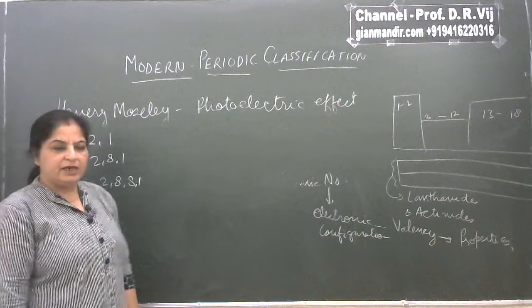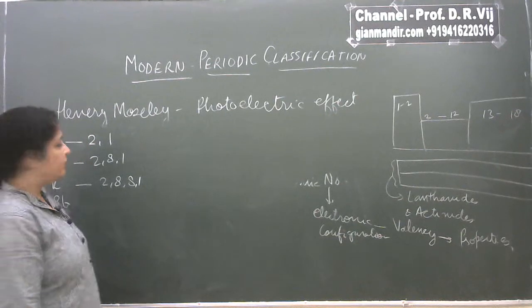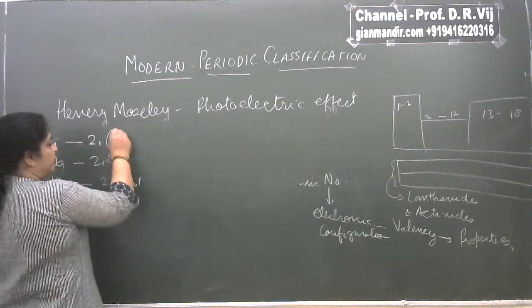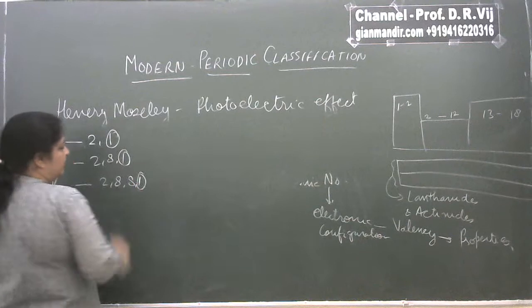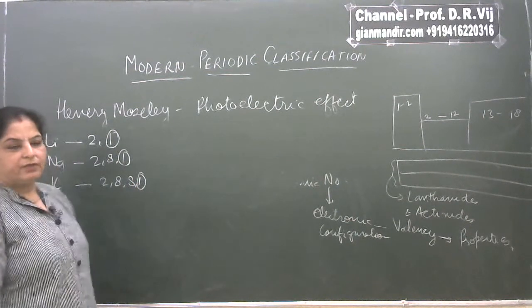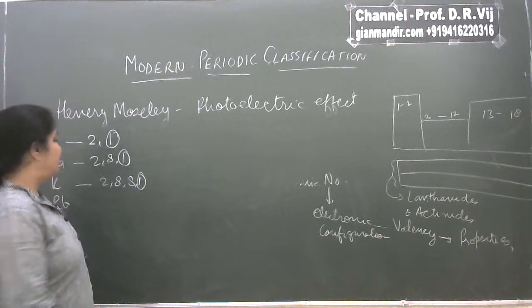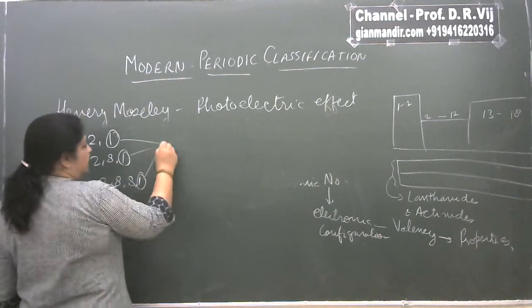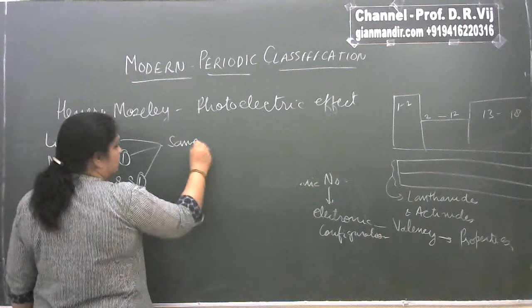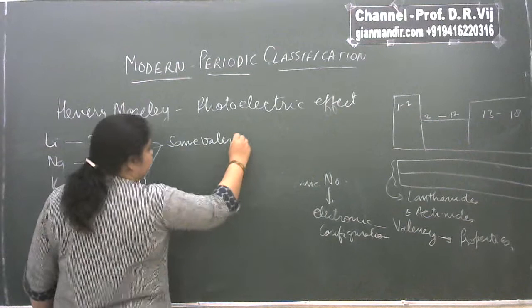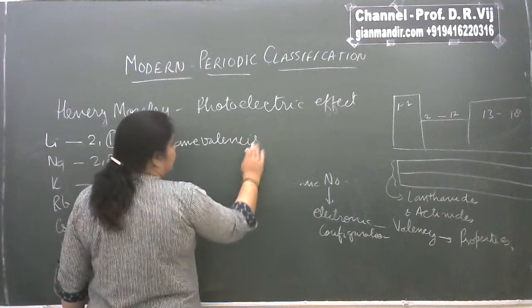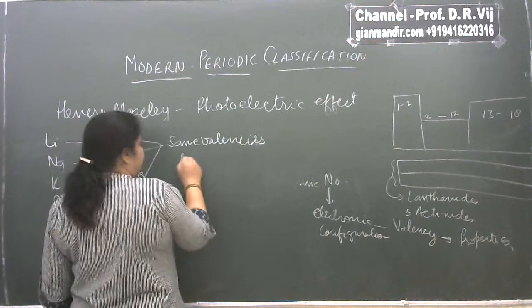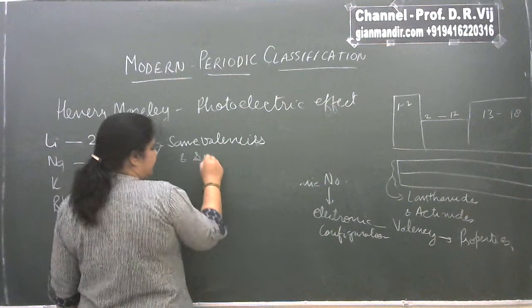Can you see anything common here? Yes, the common factor is the equal number of valence electrons. As they have an equal number of valence electrons, they all have the same valencies,